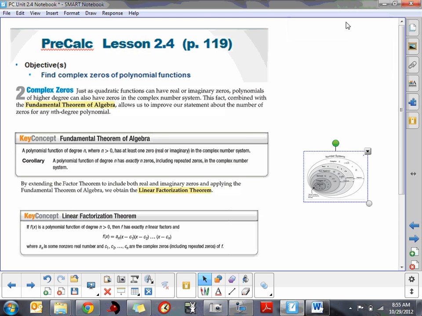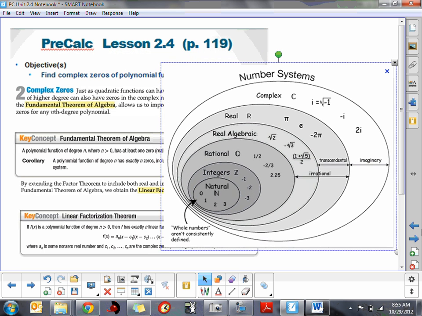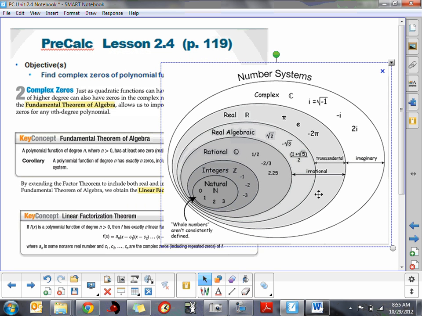For the remainder of the videos, we're going to work on objective number 2, find the complex zeros of polynomial functions. Just very briefly, complex zeros and the complex number system. I grabbed a Venn diagram to show you the relationship between the complex numbers that we've looked at before. If you look at our entire complex number system, every number that we can possibly conceive, things we've studied before, whether the natural, integers, rational, real algebraic, or just real number system, they're all inside the complex